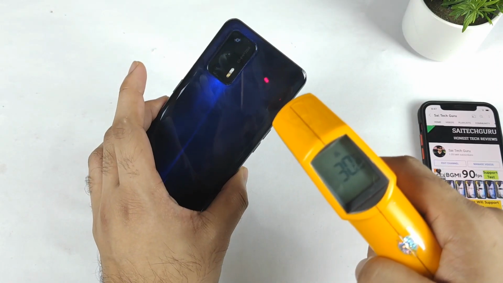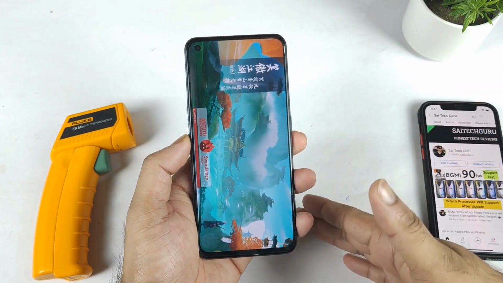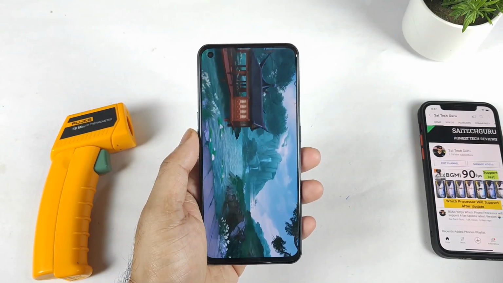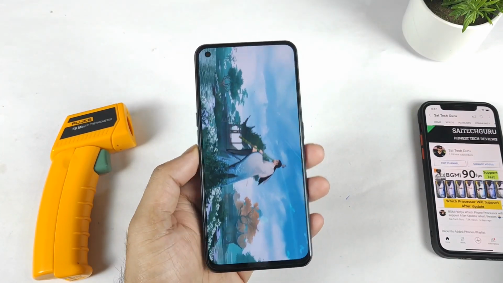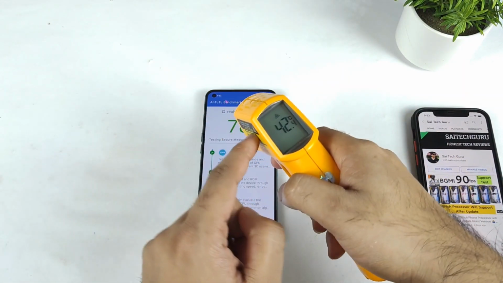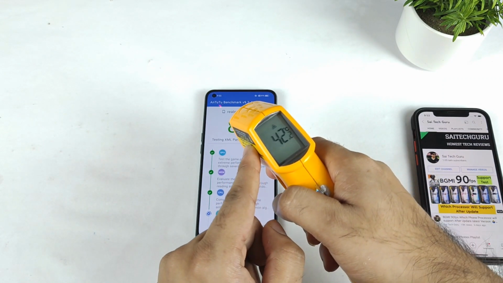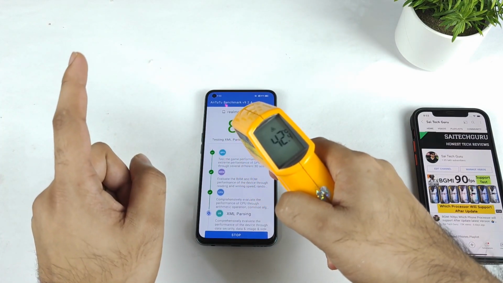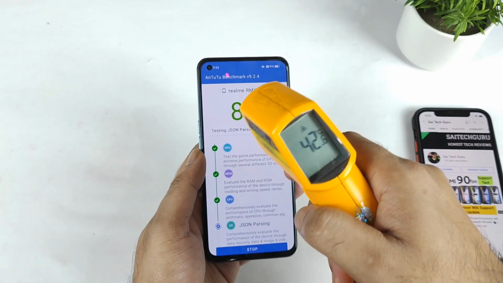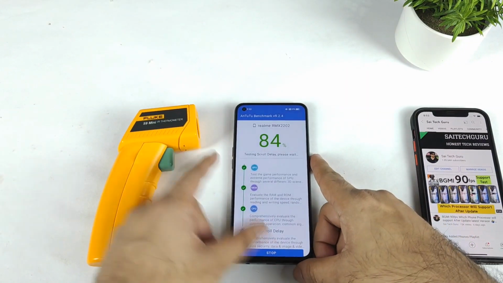Let's see how much higher the temperature can increase in the Realme GT, and how much difference there can be from the first beta version update to the second beta version update, benchmark-wise. I'll be back after some time to check the scores. Right now, as you can see friends, the benchmark test is about 78%, and the temperature has increased to 42.6 degrees. Wow, that's very high. This is the second beta version, 42.6, not bad. And the back side is 39.8 degrees. So 42.6 is the highest so far reached in the Realme GT device benchmark-wise.